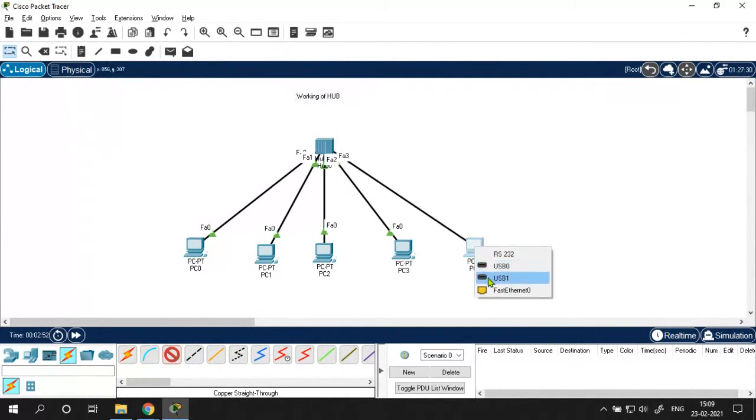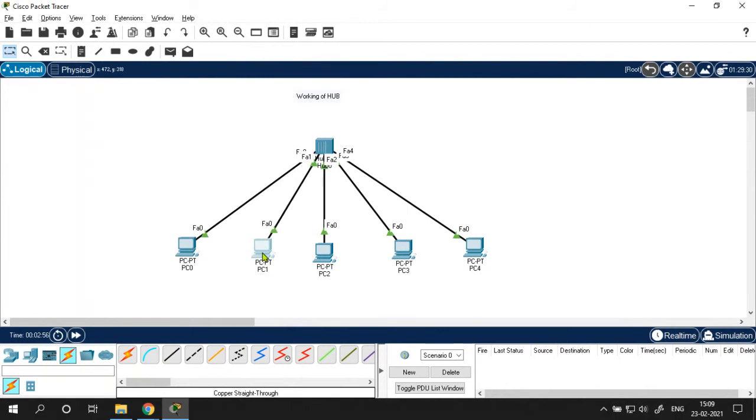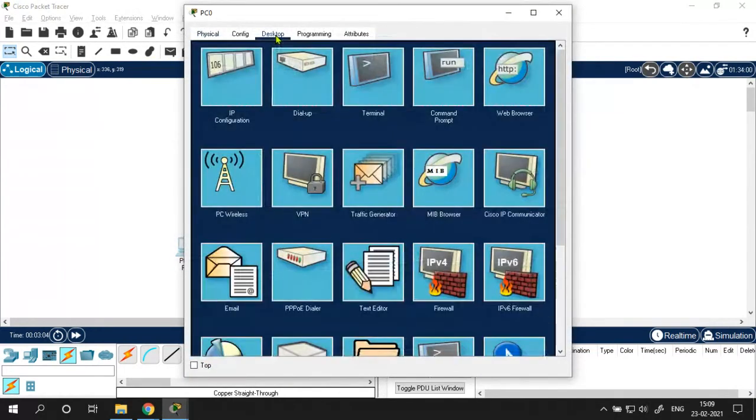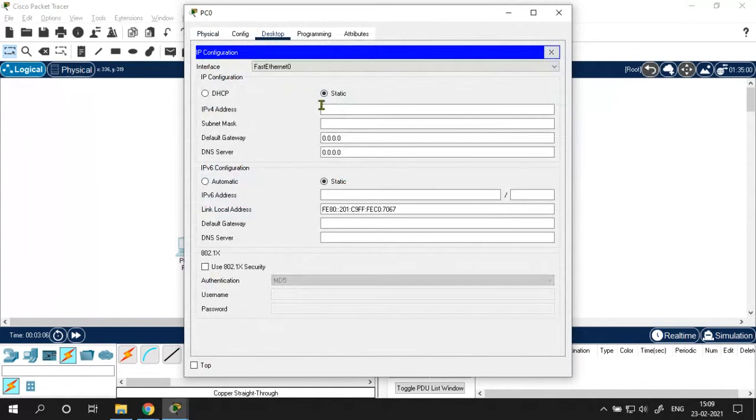Okay, we are done with the physical connection. Now the next step is to set up the IP addresses. Let's do it quickly. Click on the PC, click on the Desktop tab, click on IP Configuration, then static, it's 10.0.0.1. Okay.